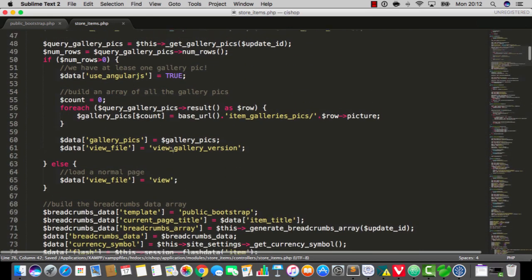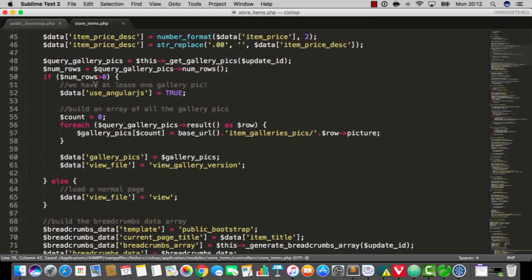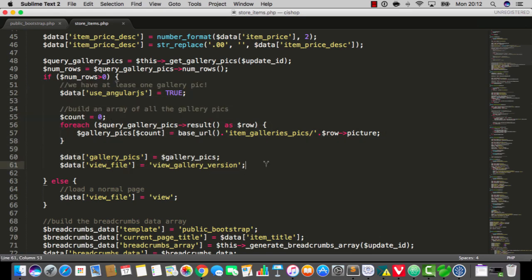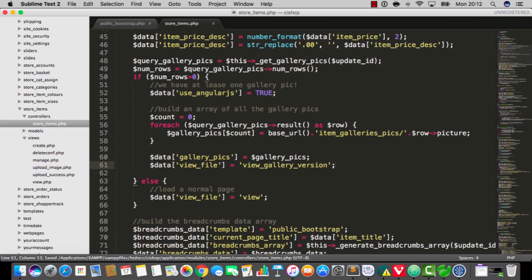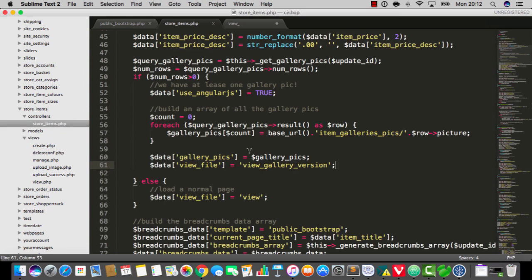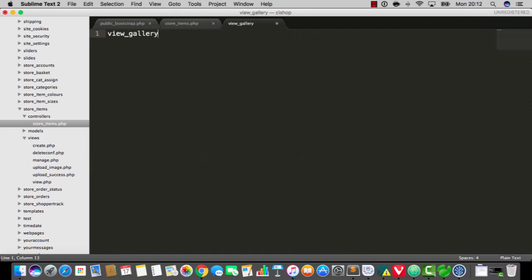And all I'm saying is, if we do have gallery pics, we're going to use AngularJS to build an array of the gallery pics, and we're going to create a different view file. Now let's create that view file just now. If we go into the views folder, what was it called again? I cannot even remember. View gallery version. So here we go, it's the gallery